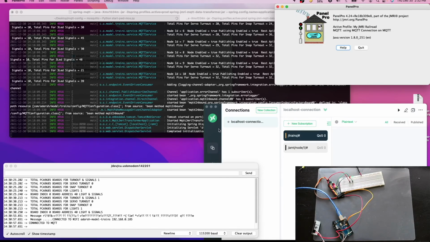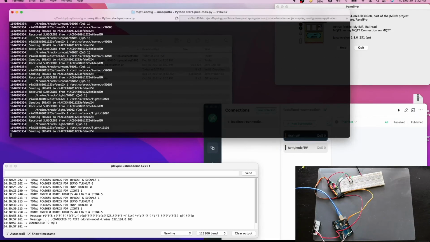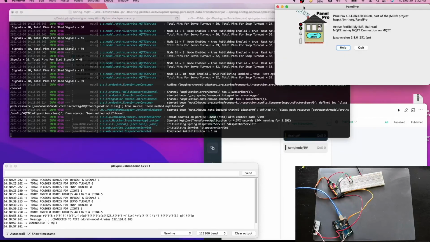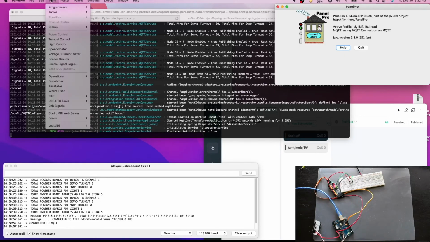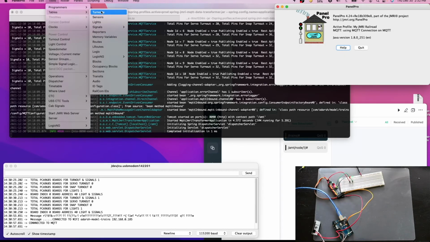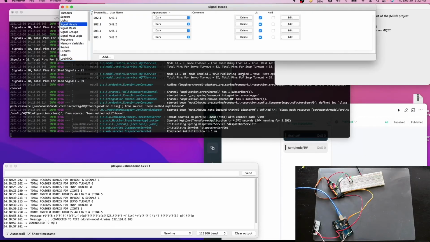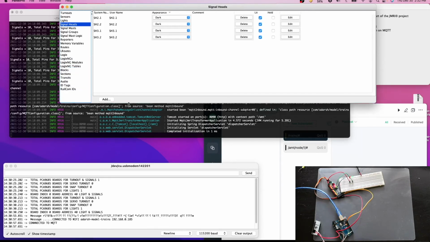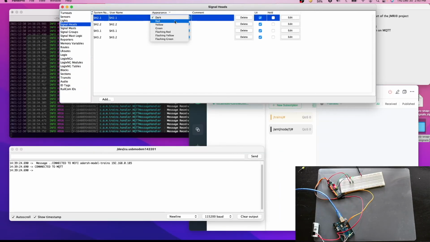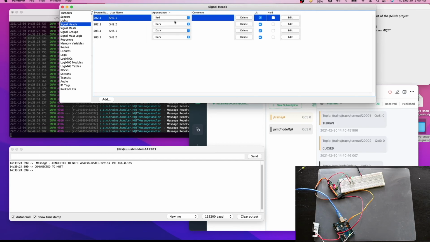Panel Pro started, and here we can see everything we have saved earlier. It will come here, and let's go to signal head. Let's start the red light first.